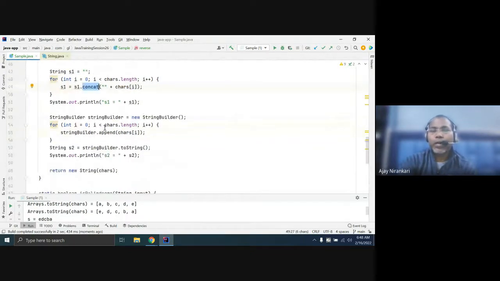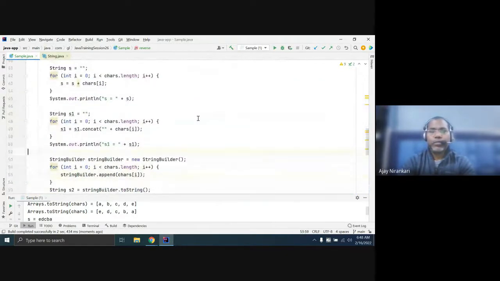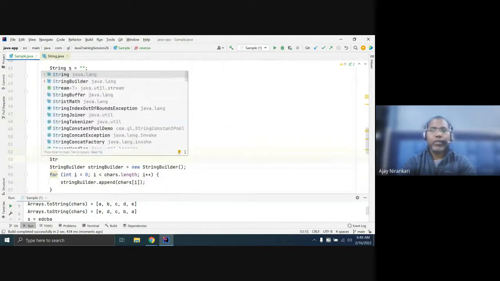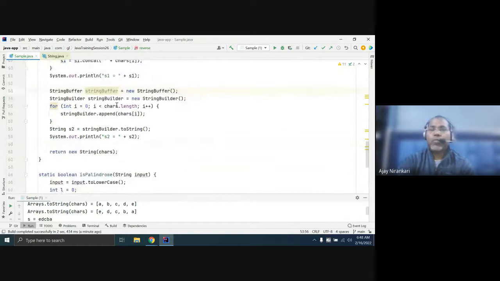Third, generally the best way, use StringBuffer or StringBuilder. There are two classes, one is StringBuffer and the other is StringBuilder. Both you can use to access the append method.